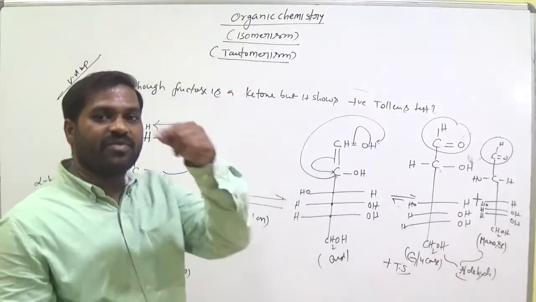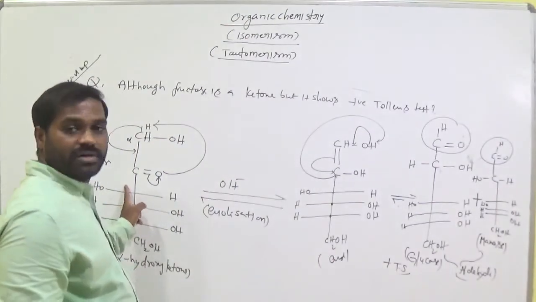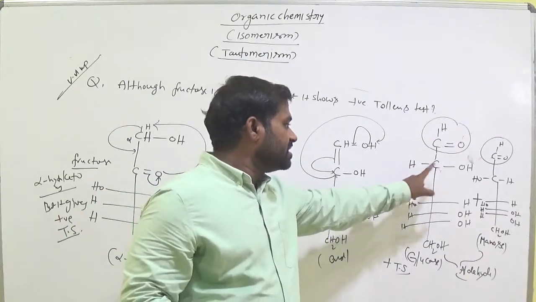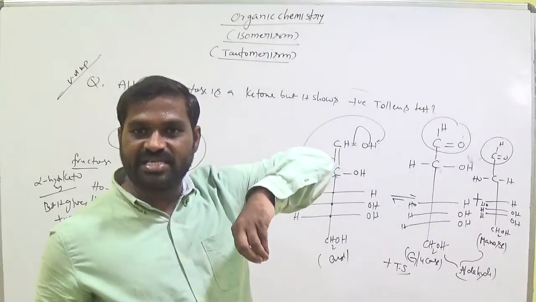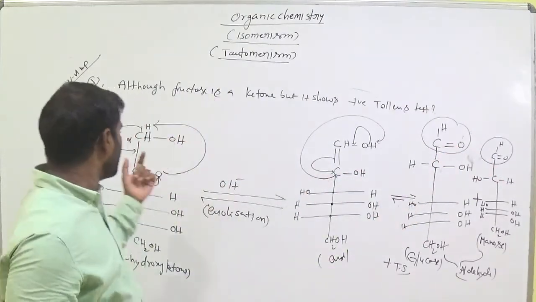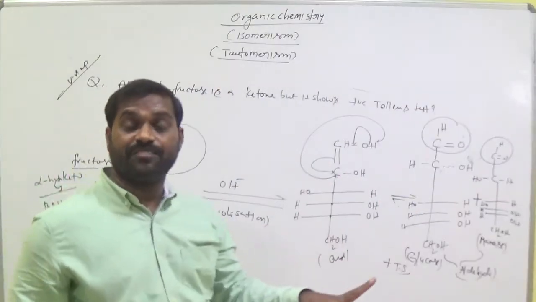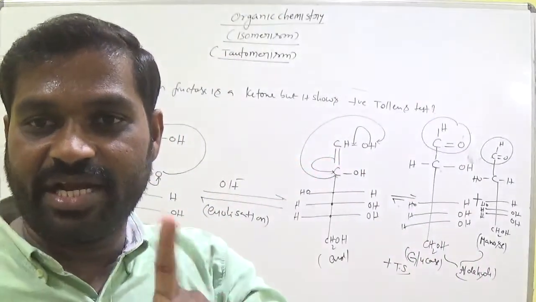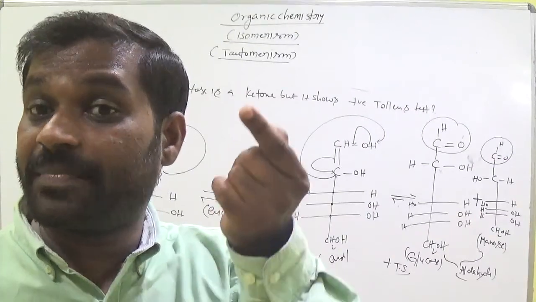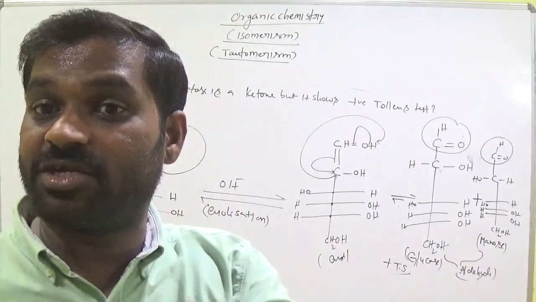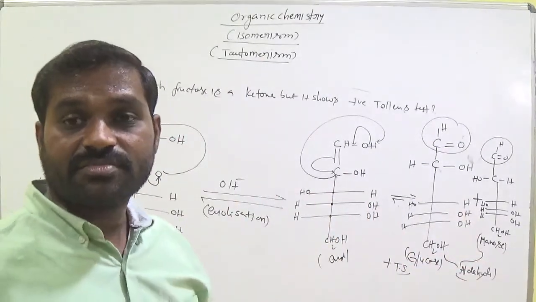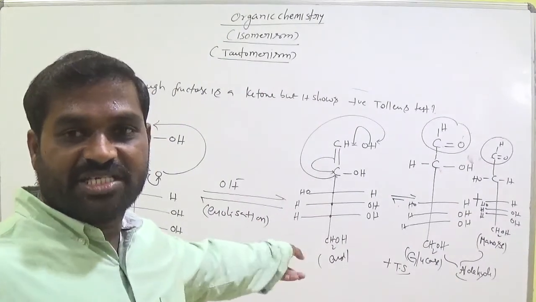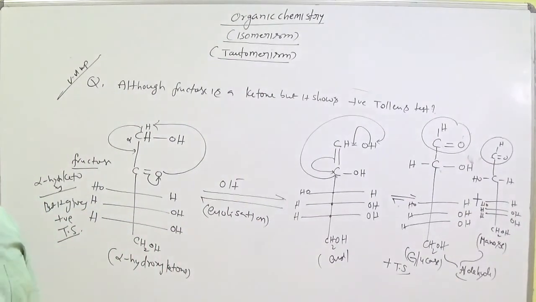Is it clear? Take one test tube and add this compound, add OH minus base, and immediately it is converted again into an aldehyde. When we add Tollens reagent, it gives a black precipitate. That means alpha hydroxy ketones produce a positive Tollens test, even though they are ketones. Generally a normal ketone does not produce it, but in the presence of an OH group at the alpha position, those ketones clearly produce a positive Tollens test. What is the reason? Due to the enolization phenomenon. So keep that in mind.